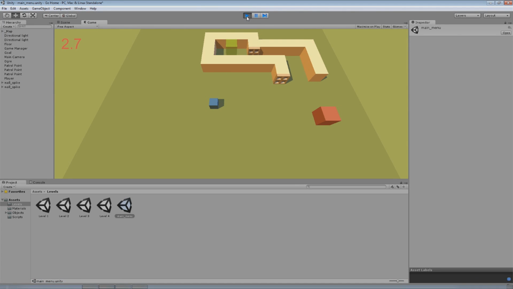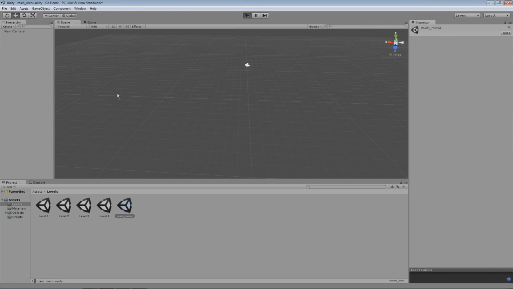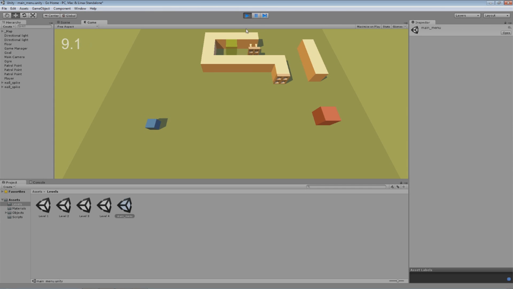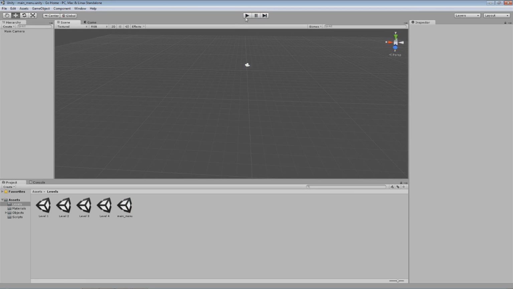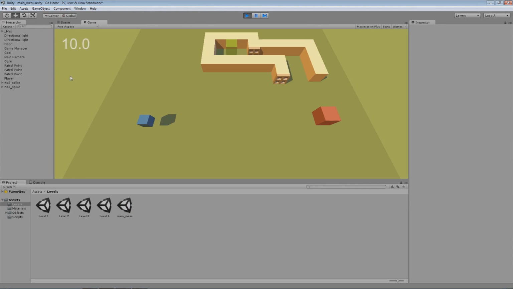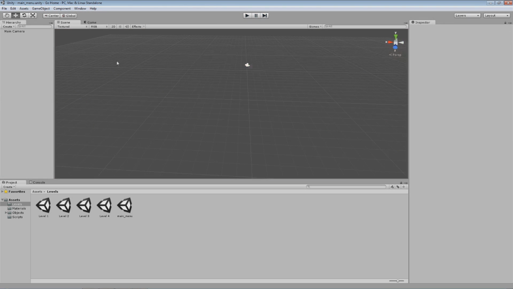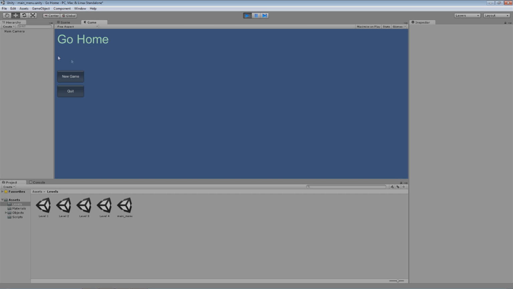And I'll click play from here. Now when I click continue, it takes me to level 4, as that is the last saved location. Click play again and click new game. Takes me to level 1. I come back here, and now if I'm not mistaken, continue should be gone. The continue is now gone,